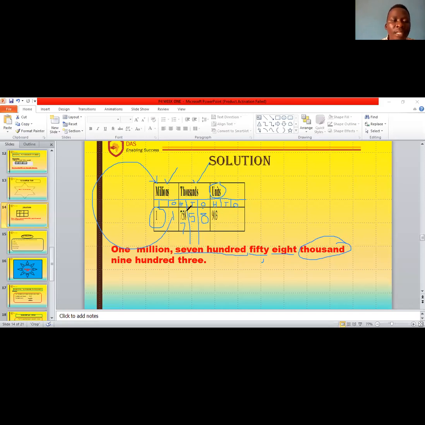This 700, let me clear this. This 758 is under the major unit of 1,000, like you see it there. You get it? That's why our 1,000 is ikapo. You see it? Yeah. Then lastly, we shall have